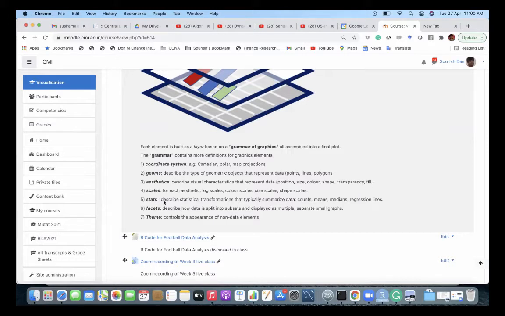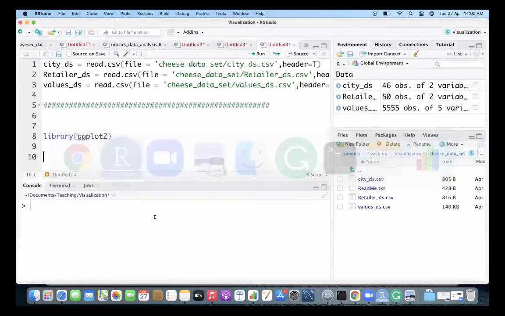The idea of facets is you want subgroups of the data. You take the main data, create subsets, and for each subset you create a graph. When we do it hands-on, it will become much clearer. And the final one is the theme. We will do all these things slowly, one by one.